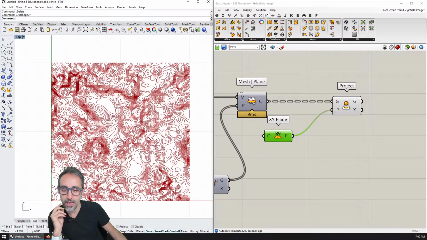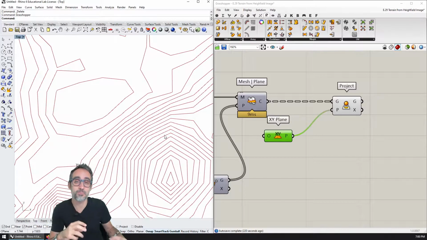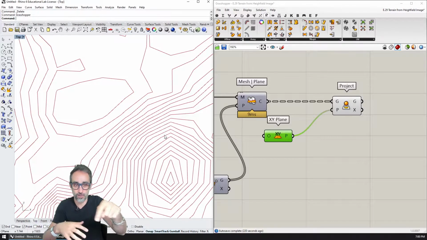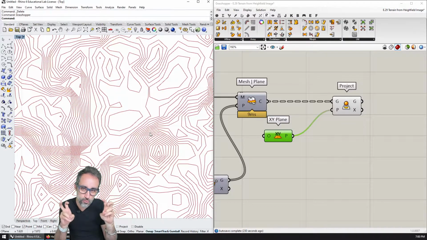So I may want, if I can, to smooth out these curves. I may want to create curves that are actually curved and that transition smoothly between all these points of the polyline, so that the curves look a bit more natural, because terrain is not just triangles in 3D space. Terrain is typically made out of curves. So how could we smooth these isocurves in a way that makes them feel a bit more natural?